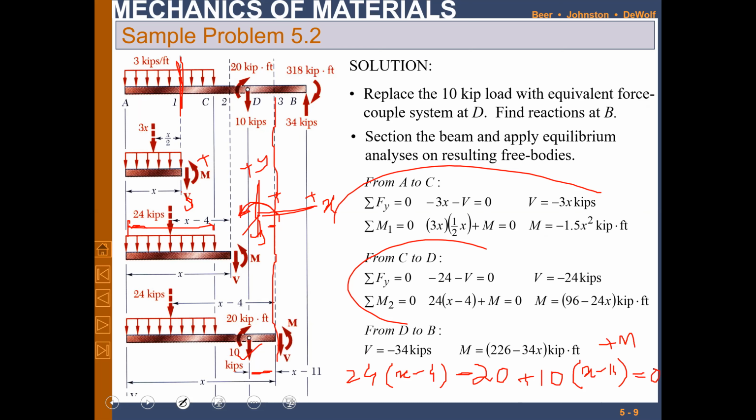And what about the shear force? Shear force is, this is minus 24, this is minus 10, right? So this will be minus 34. So this is minus 34 kips, right? So now we have calculated all the stuff, right? So 34 kips is there. But we have yet to complete our moment, because the moment is dependent on x, and x is basically the length of the section which we are considering, right?